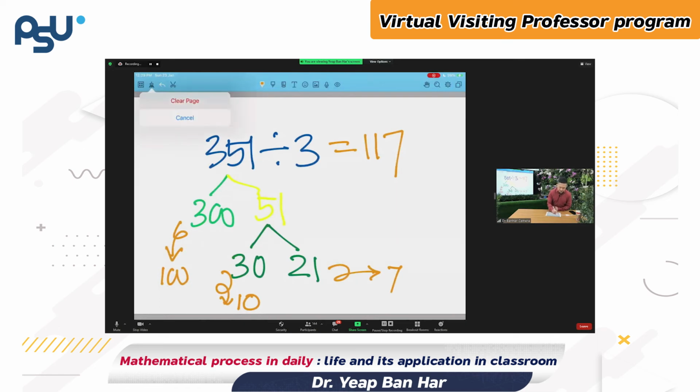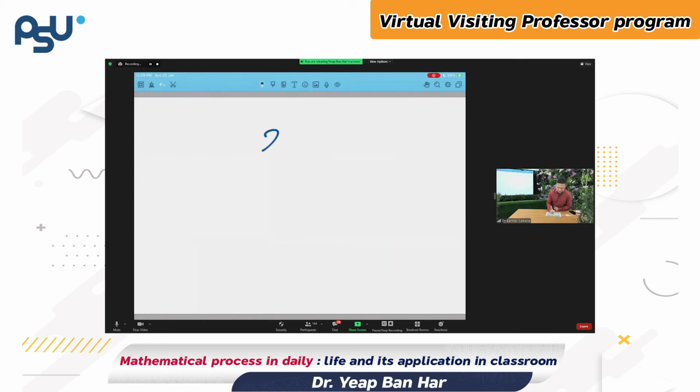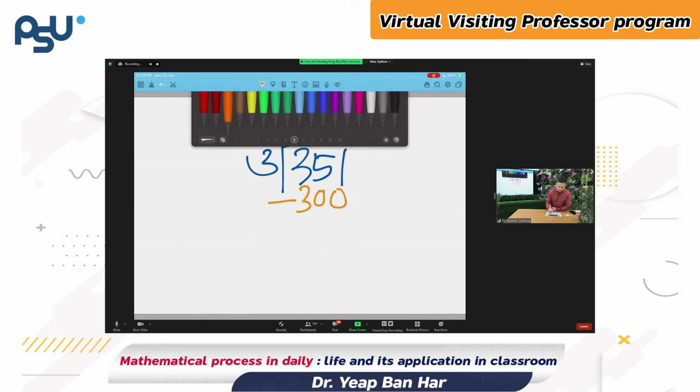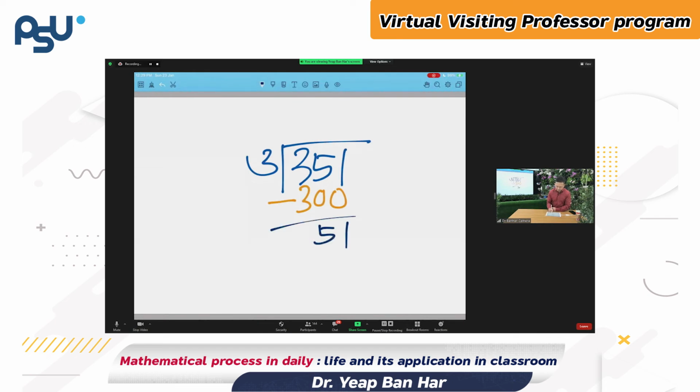Yeah, I know many of us learn dividing like this. Nothing wrong with this, you know. Nothing wrong at all. I have 351. What number should I take out? I take out 300. It's the same process I just went through a while ago. I just write it differently. I just communicate it or represent it differently. So it means I have 51 left.